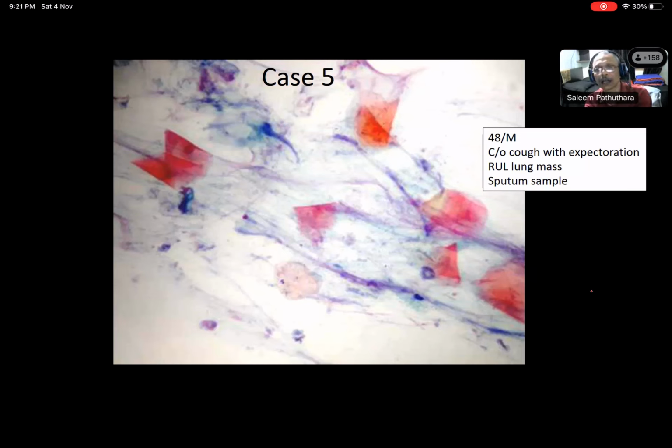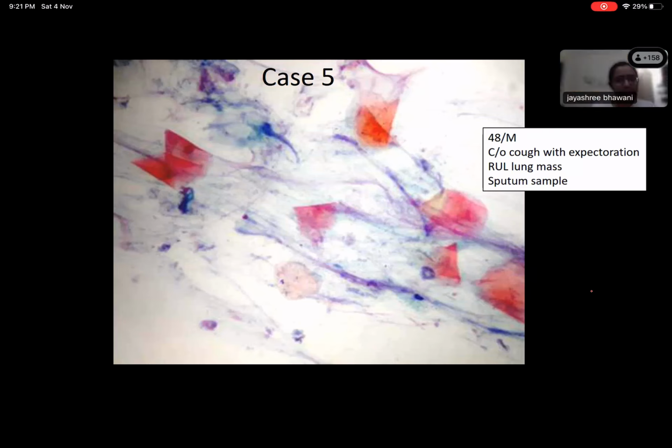So unsatisfactory. When we say unsatisfactory, we have to specify the reason. What would be the reason? There are no desired cells, there are only oral cavity cells. You have to be very specific. In the description you say it is showing all squamous epithelial cells, and at the end of the report you have to put an impression telling that this is unsatisfactory for evaluation due to absence of pulmonary macrophages.